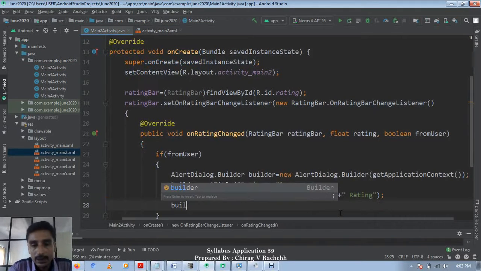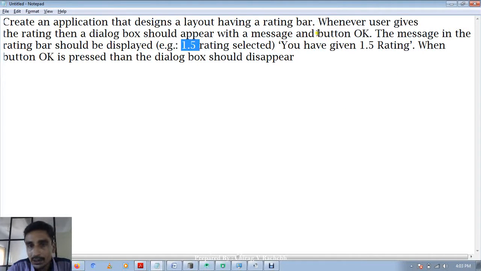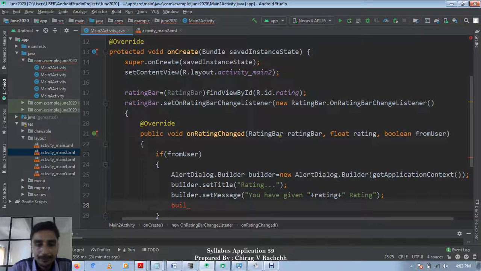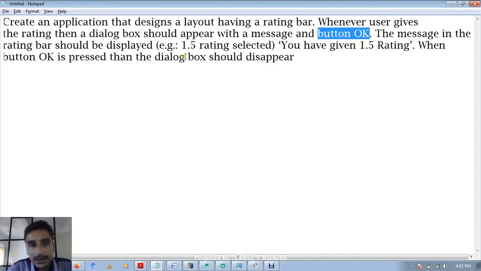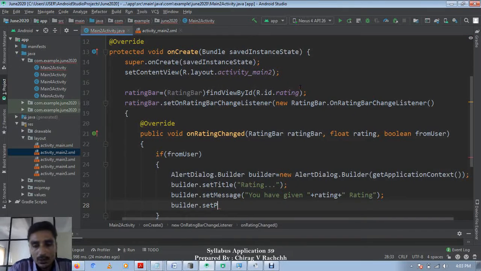Then there should be a button, we are asked to put a button OK. Builder.set, what should happen when this button is clicked? The dialog box should disappear, so we just need to set a positive button.